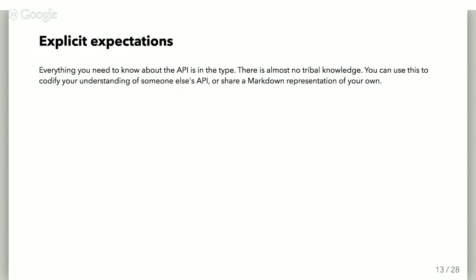Another thing that I really like about this, which should be no surprise to anybody that knows me, is that it's very explicit about what it expects. You have to spell out exactly what your API looks like and what the endpoints are, what formats they'll take in, what formats they'll put out, all the query parameters they need, all the request body, all the return types, everything. So it's very well specified, and that means that there's no room for anything to sneak in where you're like,